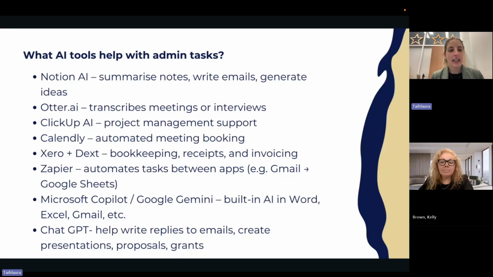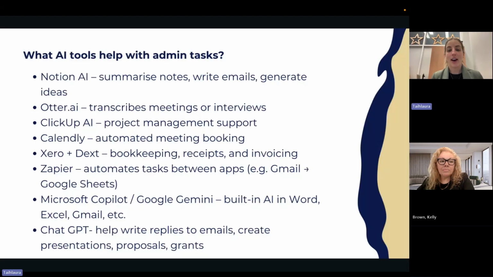So the first is Notion AI. This can really help you with summarizing notes, writing emails, and generating ideas. Otter AI can transcribe meetings or interviews. ClickUp AI is a project management support tool. Calendly is the automated meeting booking. Xero and Dext are really great for bookkeeping, adding your receipts and invoicing.